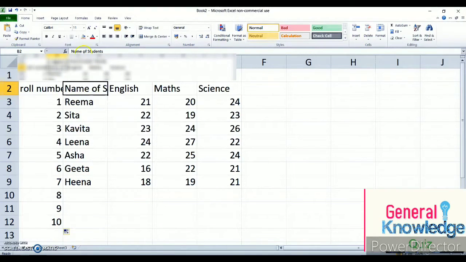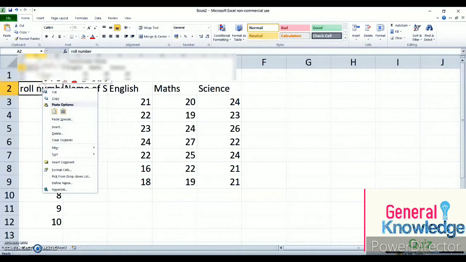Now the names of the students are there. See, even the names of the students are not fully visible. In this class, I am going to explain how the full name of the student becomes visible in that particular cell. We have a format feature option also. What you can do is select the cell. First I am doing it for the roll number. Just select the cell and right click with the mouse button there.